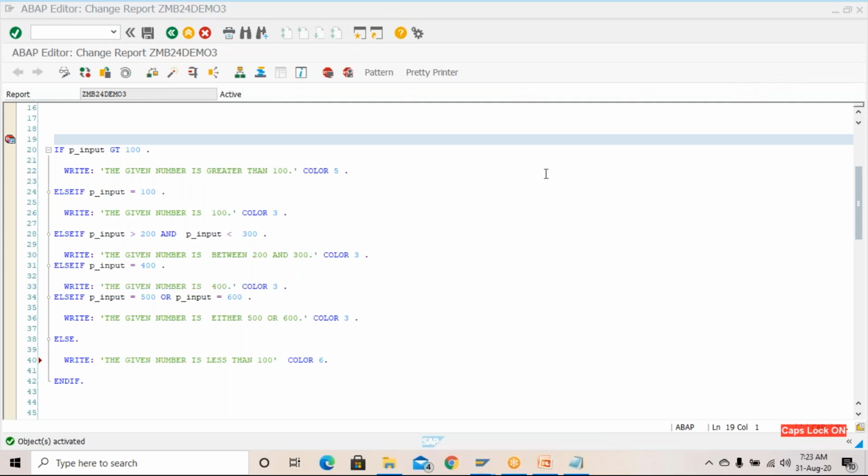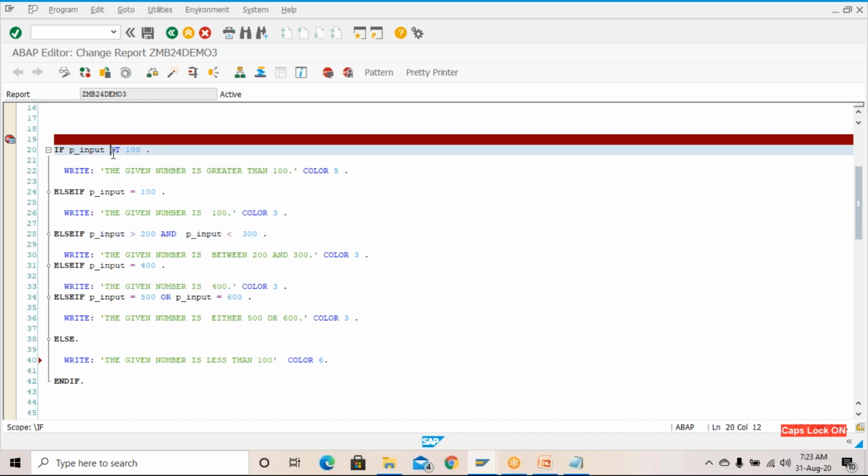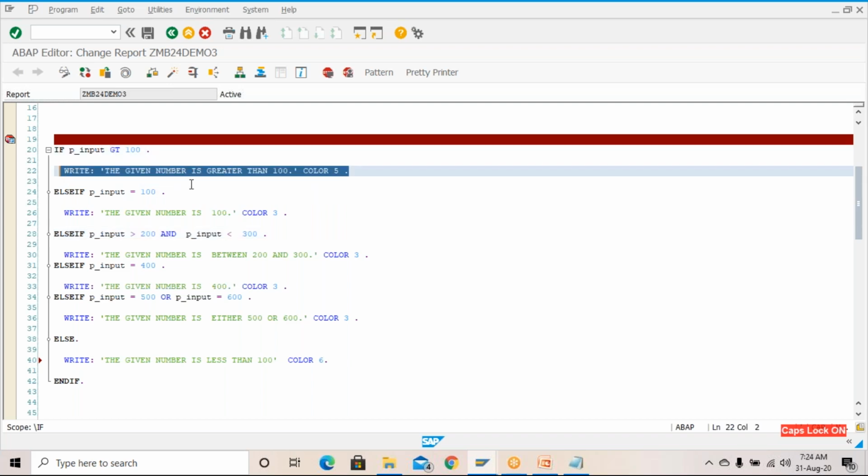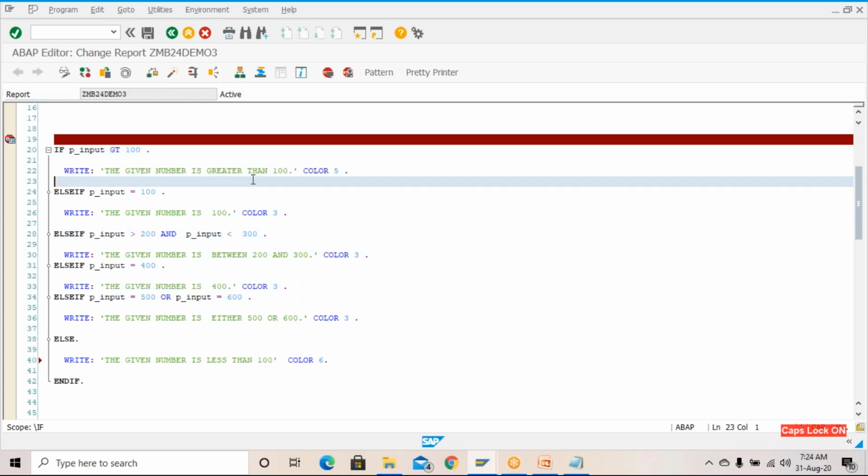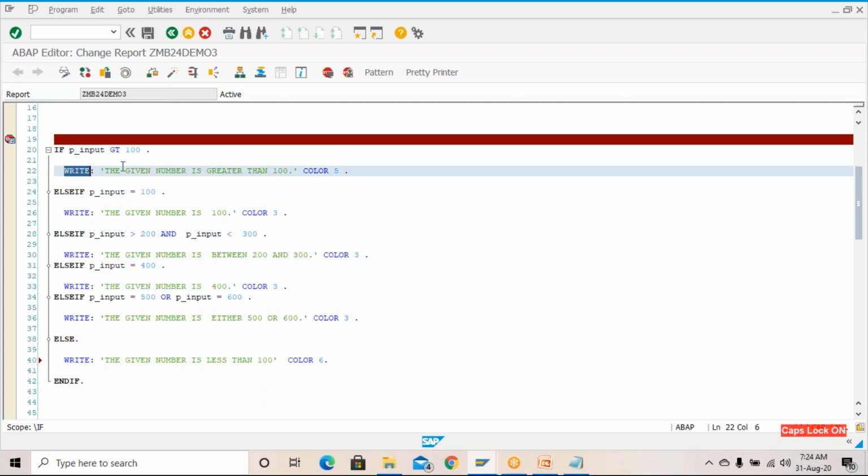I'm waiting for your answer. You can just tell me your guess. It's the first one. The given number is greater than 100 because the first condition is also true. Right. Yes, you are 100% right, because 400 is greater than 100, so it will just print out,